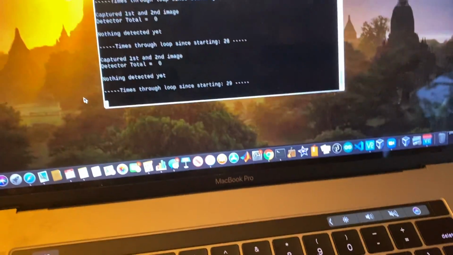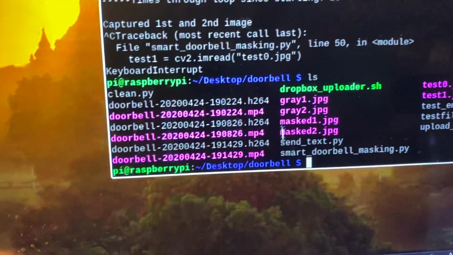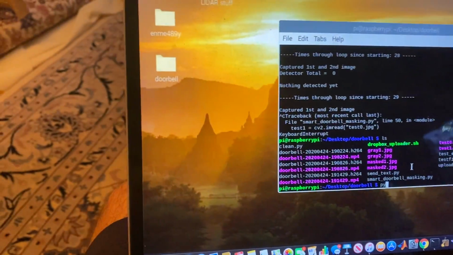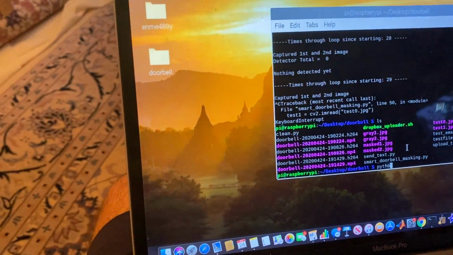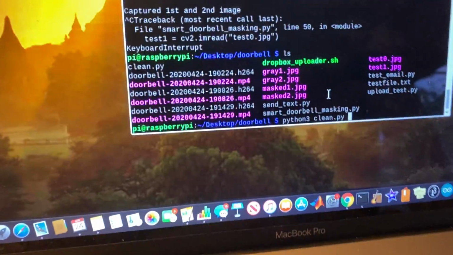Also here, when I list what's in this directory, there's a lot of stuff here. So what I did was make a script to basically clean it out. I used the operating system